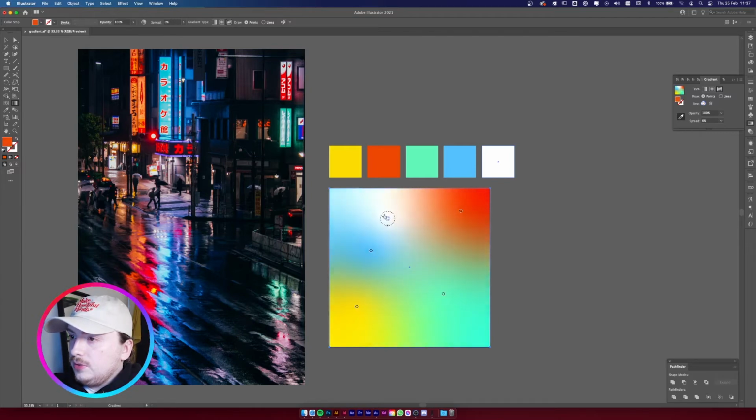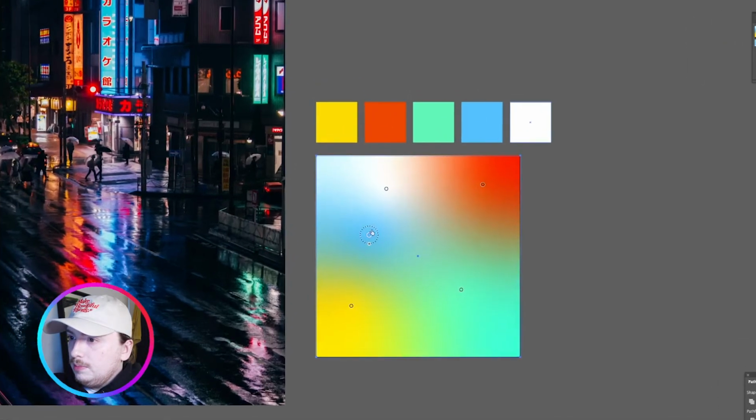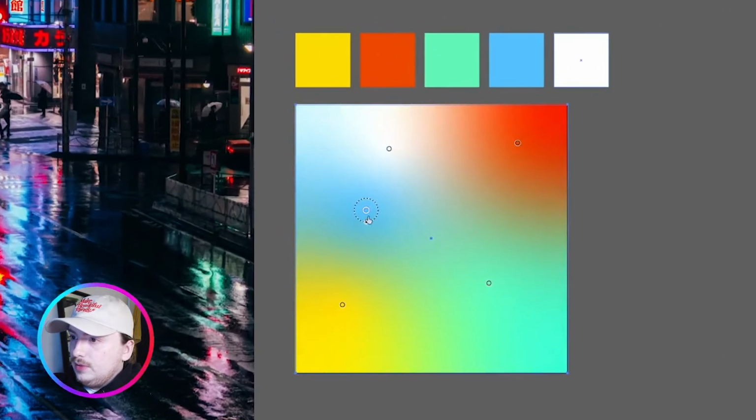And what I'm also going to do is make this blue a bit bigger. So you can see the color there, and then you've got this dotted outline around it, and then you've got this little handle here. If you click and pull this handle, it intensifies or gets less. So you can make it more or less, and then that'll take up more space or less space in your